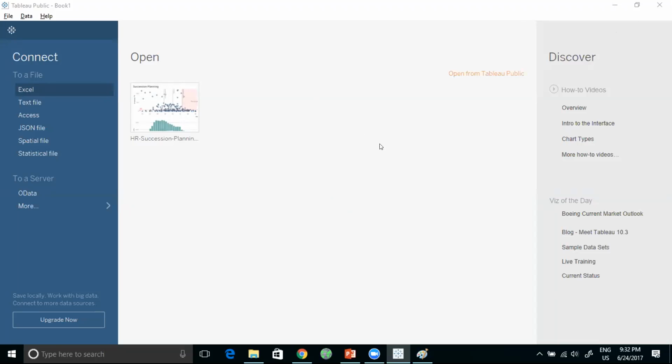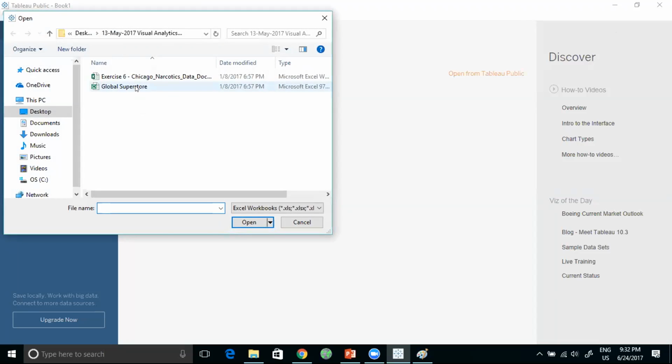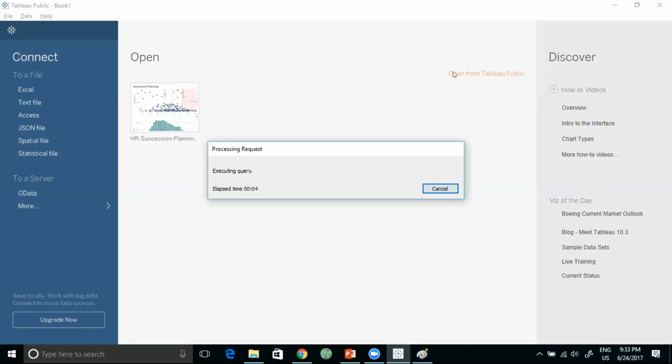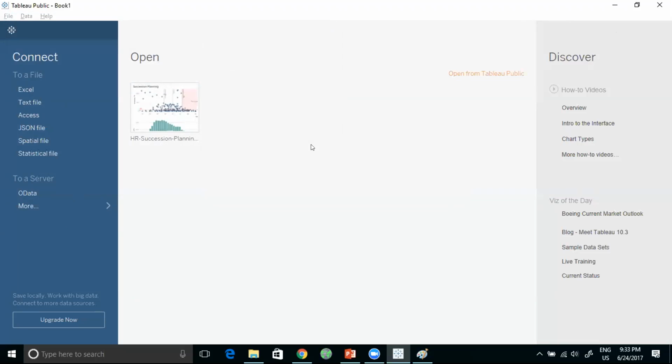Okay. And I'm going to open up a marketing data set called the Global Superstore data set, which we've already asked all of you to download in the email that we've sent you. And here we go. So you can see Tableau connects to a variety of databases and a variety of different kinds of files. And for the time being, I'm going to connect to the data set which I've got as an Excel file.